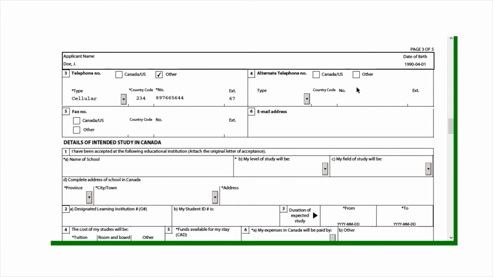And this is a very important portion. Write your email address clearly. Whatever your email address is, write it clearly. And then we move to